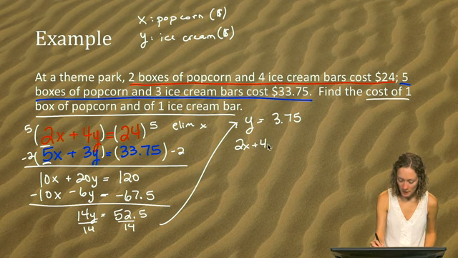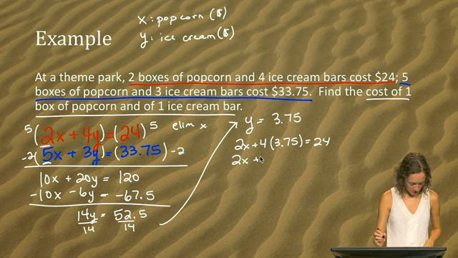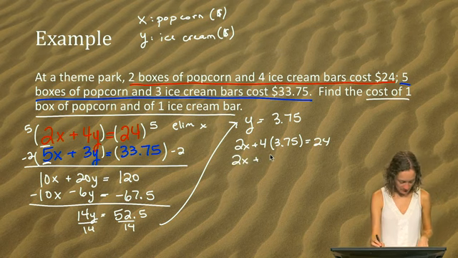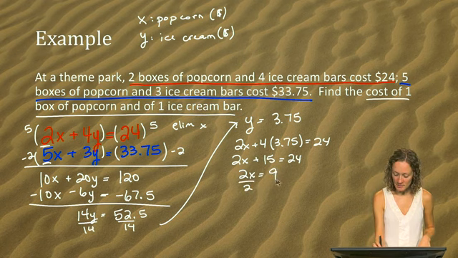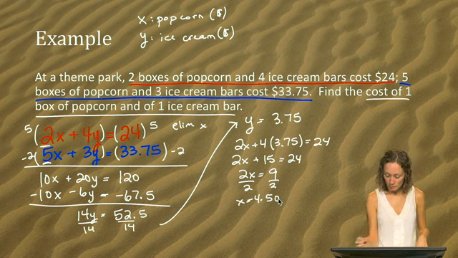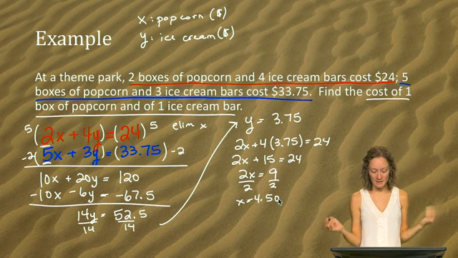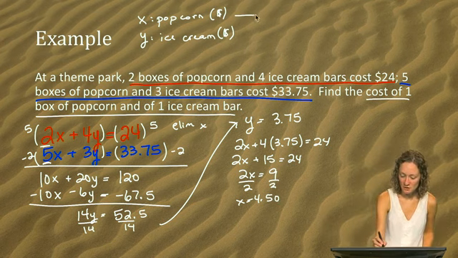2x plus 4 times 3.75 equals 24. So this is what we're solving. 4 times 3.75 is 15. 24 minus 15 is 9. Divide by 2, x equals 4.5, but we're talking about money, so $4.50. So the cost here was $4.50 and ice cream,